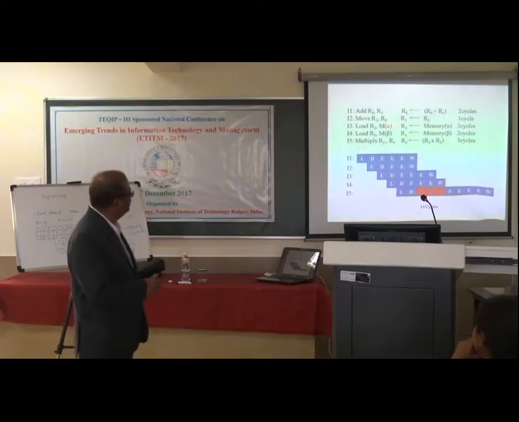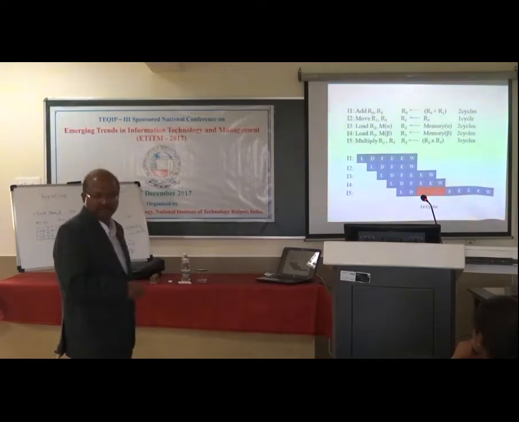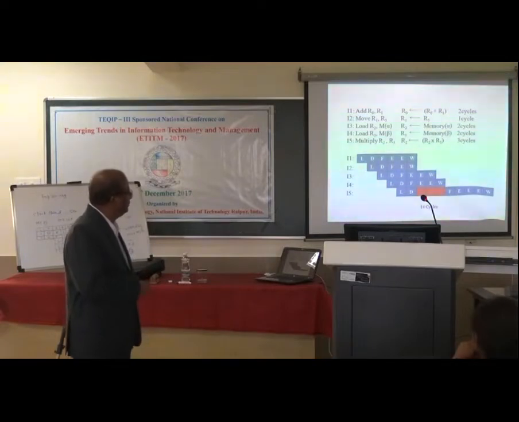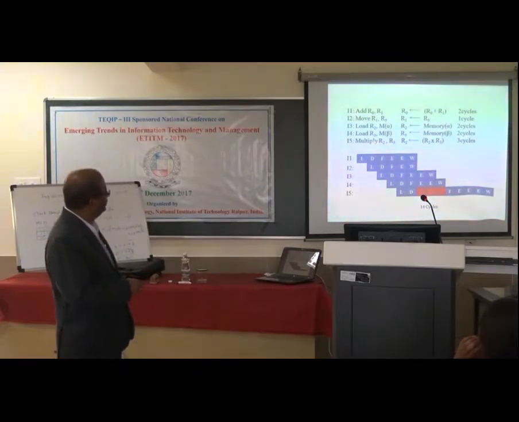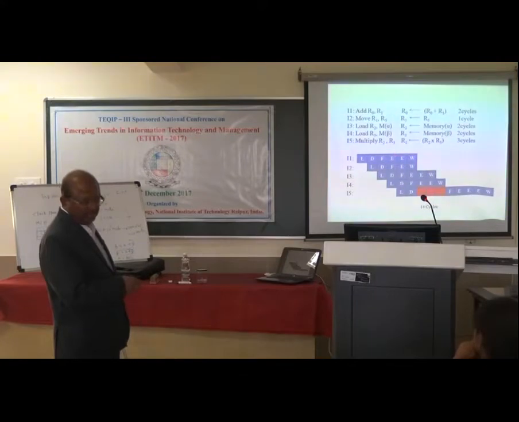Then third, I3, again it is taking 2 cycles: load, decode, fetch, execute, write. Then again I4: load, decode, fetch, execute, write. Now you see that I5 multiplies R2, R3 and puts it into R2. And for that R3, what value of R3 should come here? The value of R3 which is coming in the I4 instruction should come here. That is what we want.